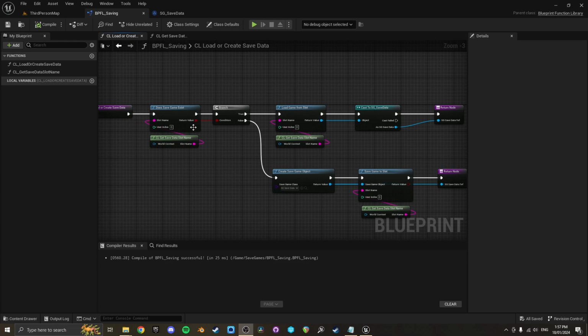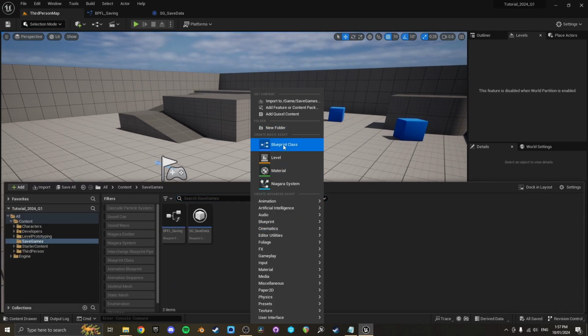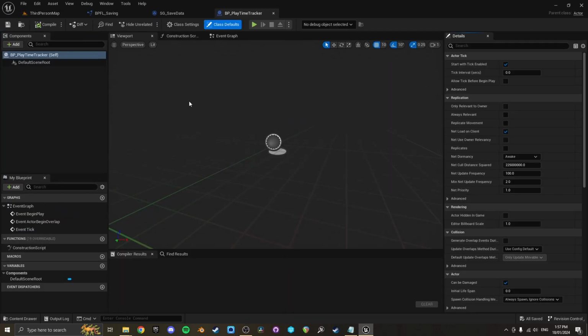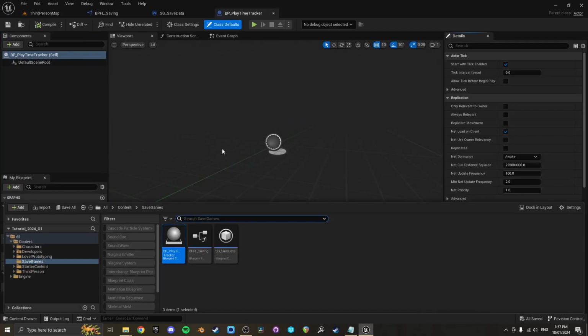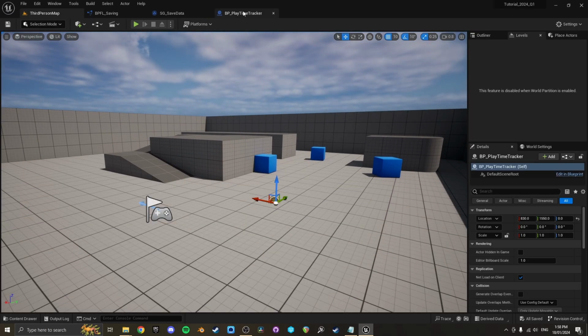Okay, so now that we've got this function which can either create or load a save file, let me show you how you can actually use that to write some data and to save it. So if I create a new blueprint class and call this BP underscore PlayTimeTracker, basically I'm going to create a blueprint which can record the amount of time that a player has spent in the game, and when they open the game, load the previous game time that they saved, and when they close the game, save the new amount of time they spent in the game. So if I drop that into the world,